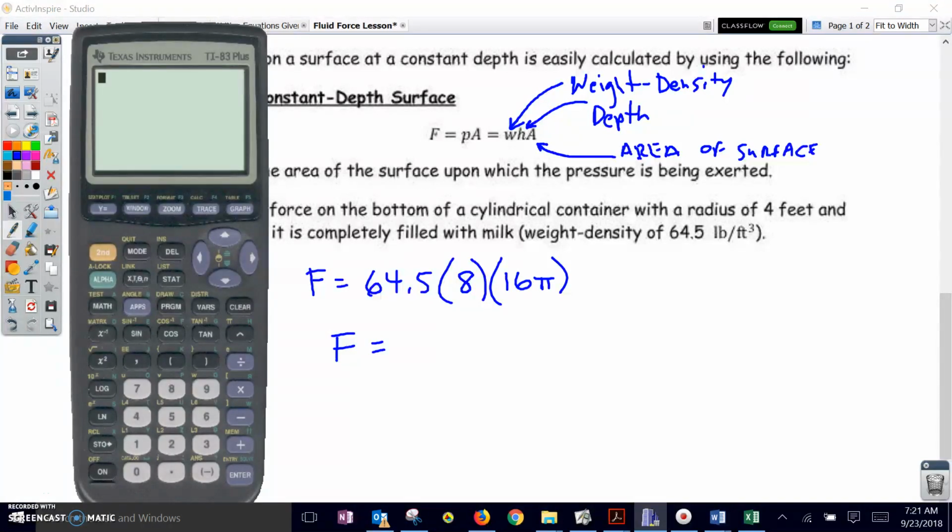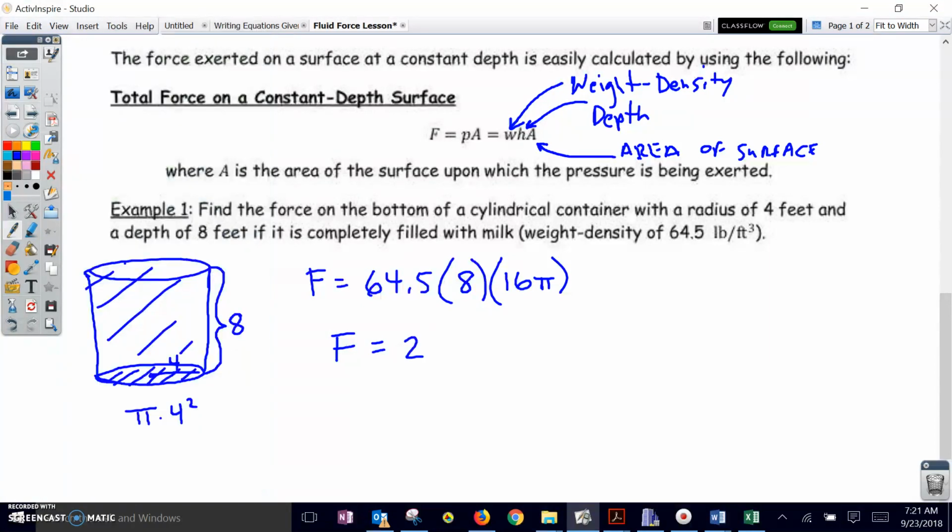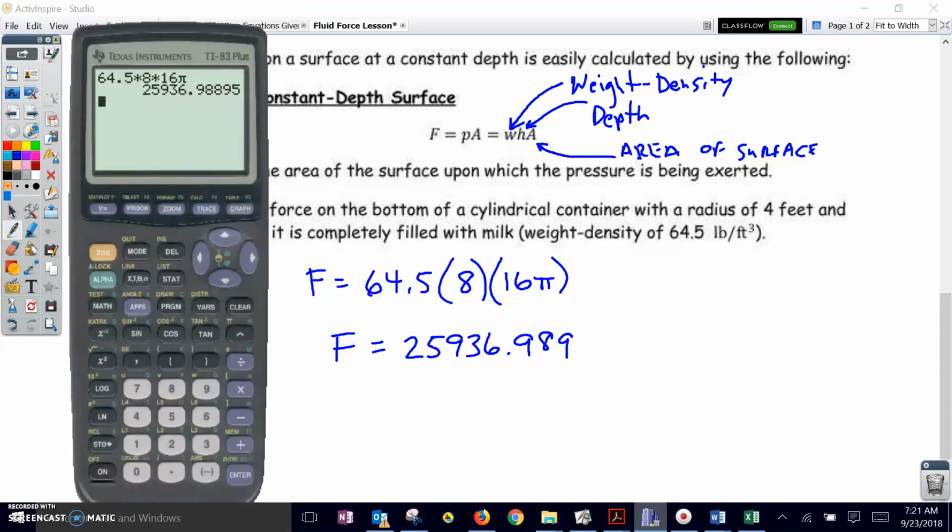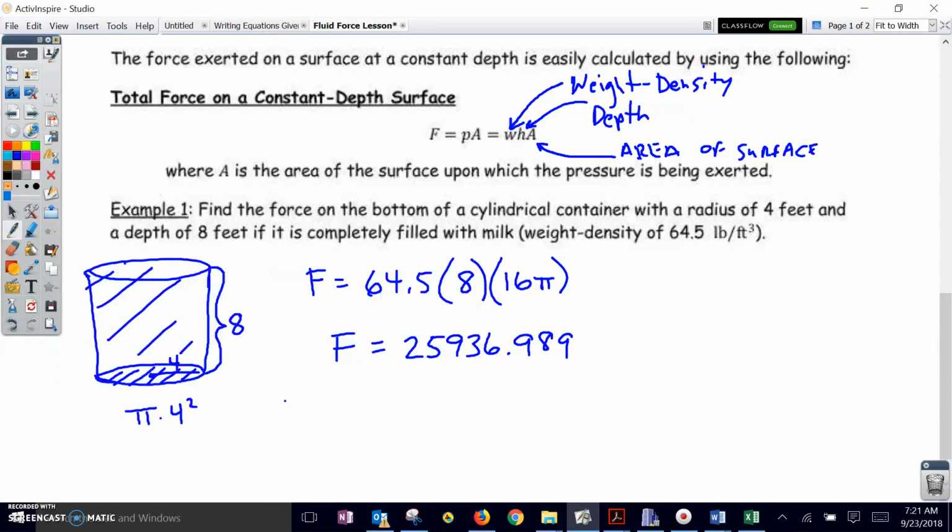I'm just multiplying all of these together. 64.5 times 8 times 16 pi. And you get 25,936.989. If I read that correctly. Yep, 0.989. And our units for force here,